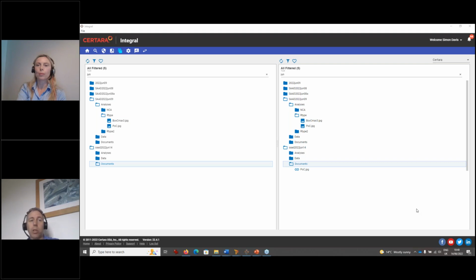This synchronization function I've shown with the Integral client is really saying, take this data down out of the database and set it to my working directory for whatever tool I'm working with, whether it's SAS or NONMEM, whatever. Work with those tools as I would do normally, and then rather than that data being stored back onto some network drive, it's actually going to be uploaded back to the database in a linked and controlled way. And I think that's the really beautiful thing about this, is that you're not having to go and check other drives to see has that data